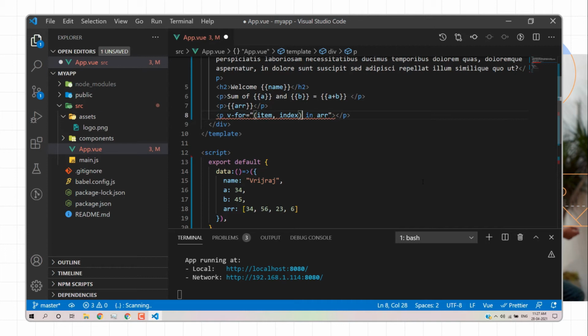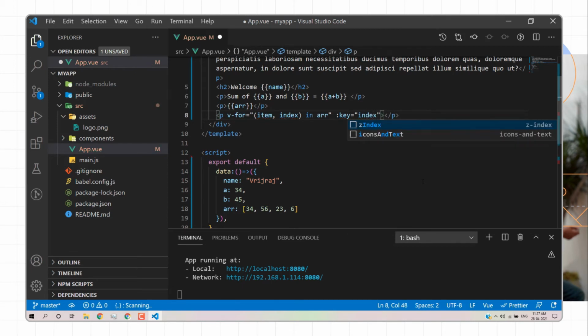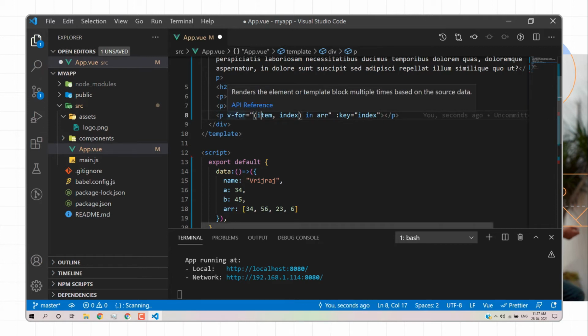Basically, what I am doing is applying a for loop in Vue.js. I have defined the array here, and inside the small brackets we have used two things: first it will give you the item, meaning the element, and it will give you the index. And here we need to define the key. How can we define the key?